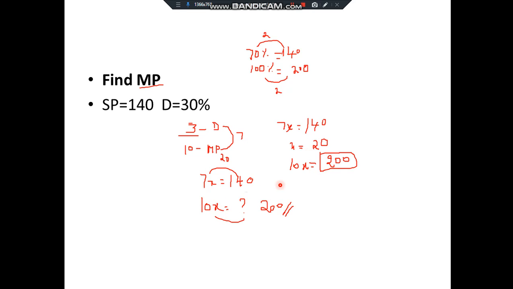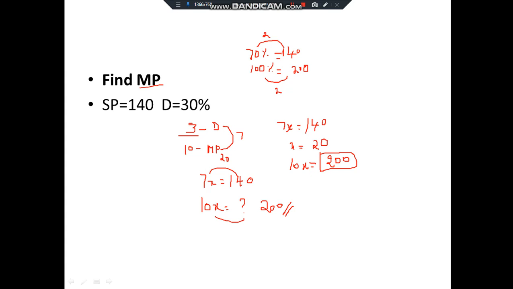Okay, you also have one more shortcut. See, if you find it easy, use that. Otherwise you just follow the previous one. Okay, see, discount is 30%. So out of 100, after 30% you get how much? 70%, right? That is nothing but the selling price. So 70% is equal to 140. So our aim is to find the market price, which is always 100%. I told you, right? So 100% is equal to how much? 70 into 2 is 140. So 100 into 2 is 200. So this is one of the easiest methods to find the cost price. Okay, if you find it easy, follow it.